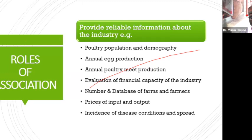All this kind of information can be provided by associations accurately. And then the number and the database of the farms and the farmers in the country. At the fingertips, an association can have information about its members and about the farms that are in operation. And then the price of the input and the output, the association can easily tell us about